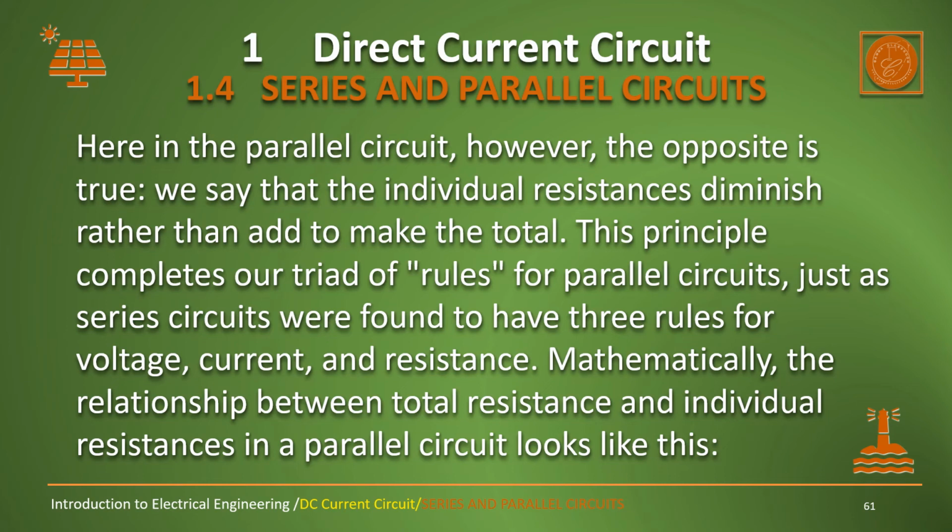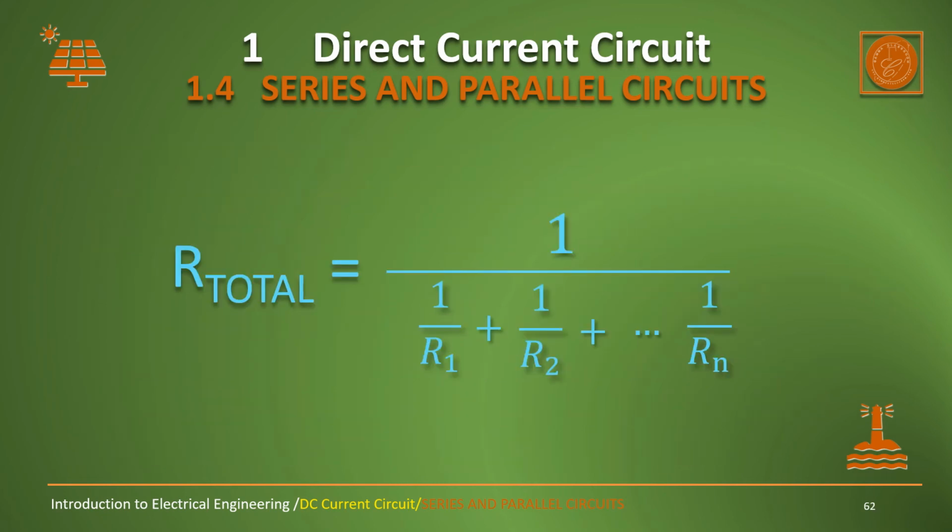This principle completes our triad of rules for parallel circuits, just as series circuits were found to have three rules for voltage, current, and resistance. Mathematically, the relationship between total resistance and individual resistance in a parallel circuit looks like this. The same basic form of equation works for any number of resistors connected together in parallel. Just add as many reciprocal R terms on the denominators of the fraction as needed to accommodate all parallel resistors